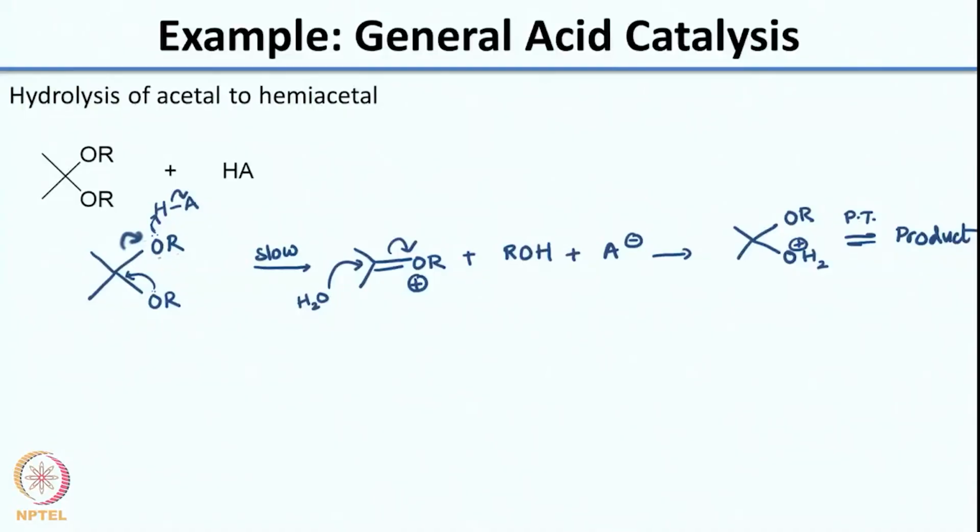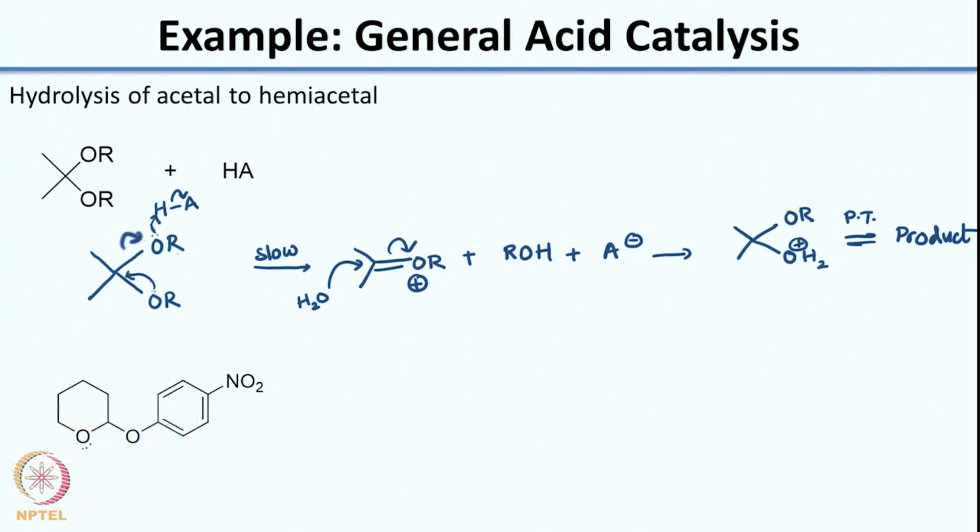Now, which kind of substrate do you think will prefer to undergo general acid catalysis? Logically, it would be a substrate which would have a good OR leaving group, and that is what is actually observed. So, this particular acetal here, when you think of its hydrolysis,